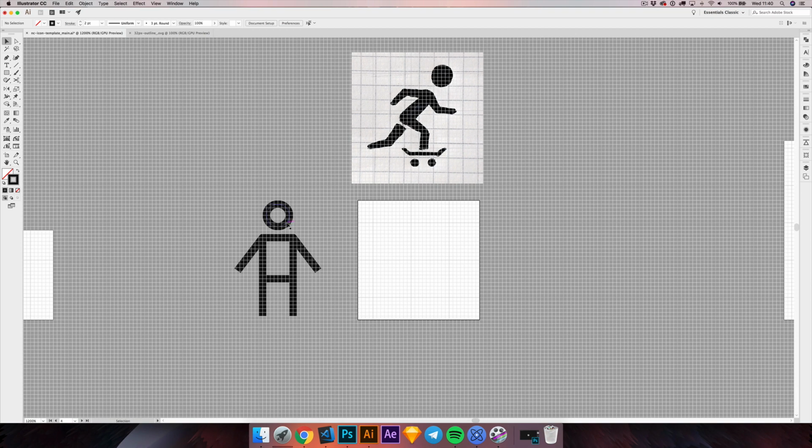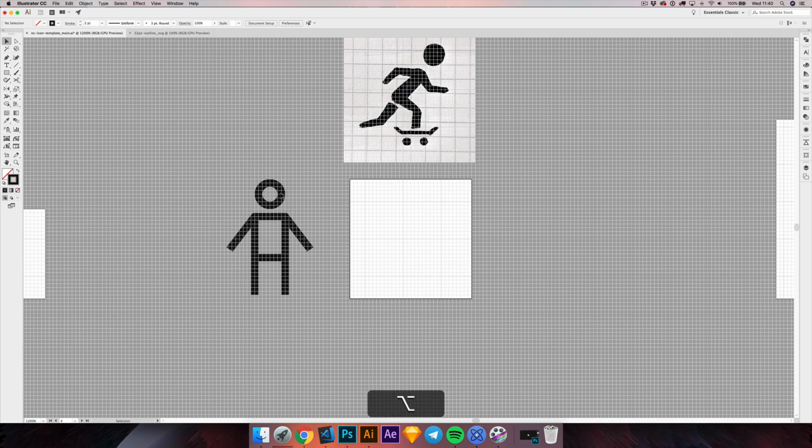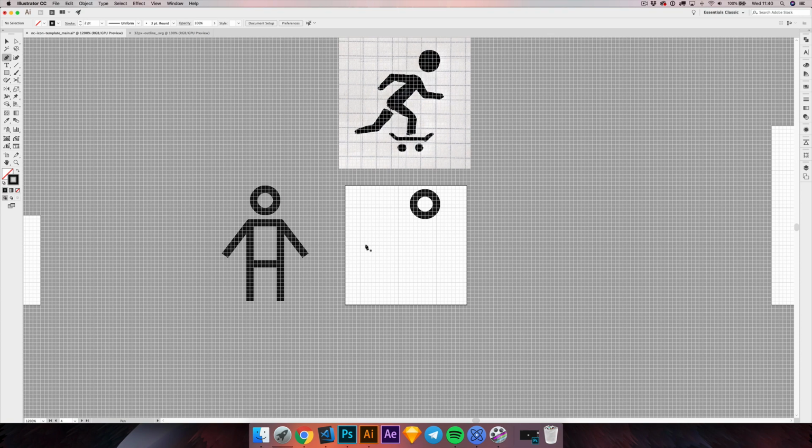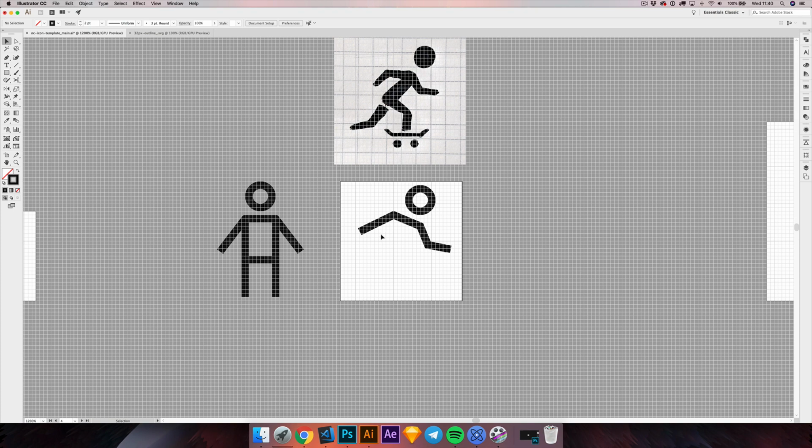Okay, so let's start. First of all, we're going to drag the head here. We are starting with the outline version, which is, in my opinion, the simplest kind of icon we can draw, because we can just grab the pen tool, go around, and click to try to create the same shape as our reference drawing. In this example, I'm going to lock this one, go here,